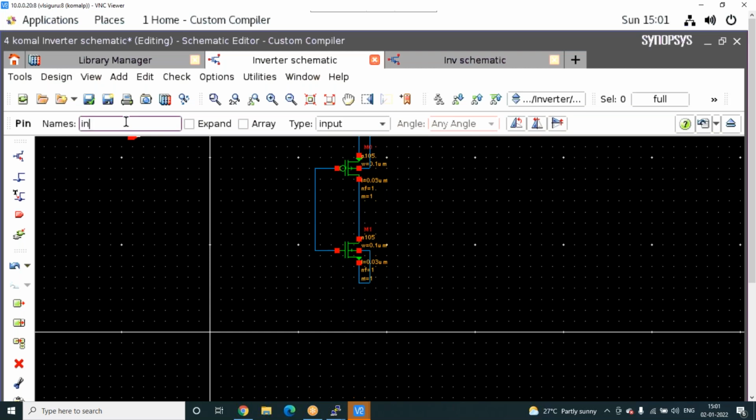So next you have to give the pin name. If it is the P face, the pin will become... you can give the name. If you type it out, that pin will automatically become.